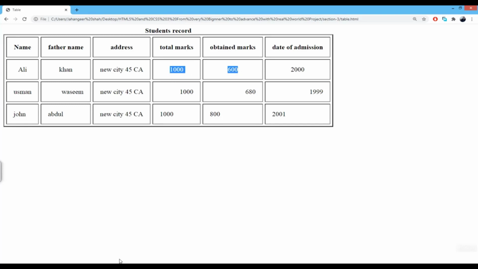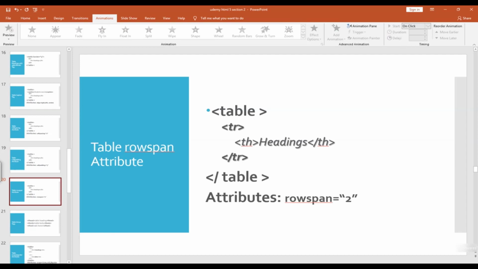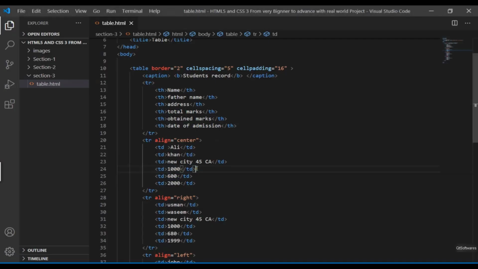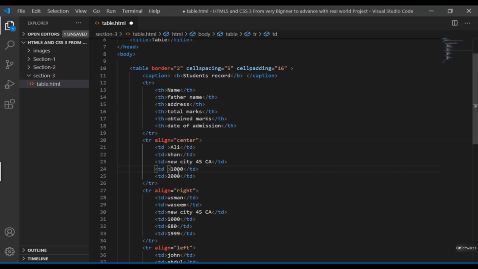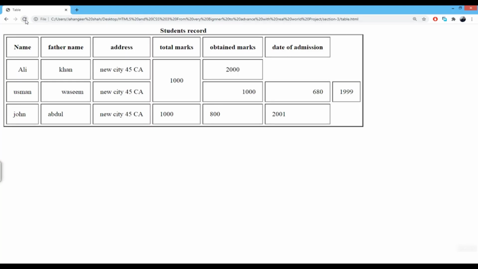So what I need to do is write the code like this. I need to delete this row, and I need to put an attribute. This is rowspan, and you have to put the value, how many cells you want to merge. You want to merge two cells, and let's see the result. So now you can see